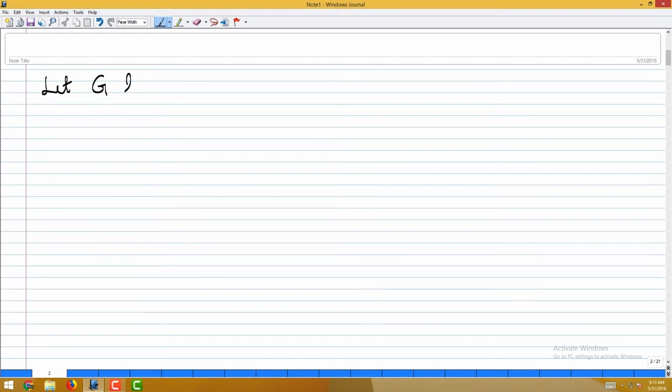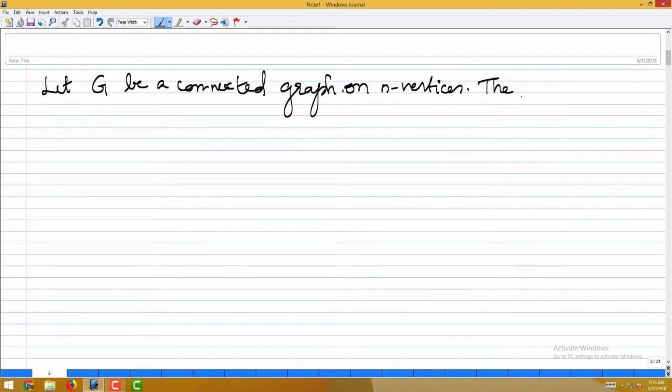Say, let G be a connected graph on n vertices, then the column space. Now I am not using any other language, I am just sticking to the column space of Q of G, the matrix which we have defined already, which consists of